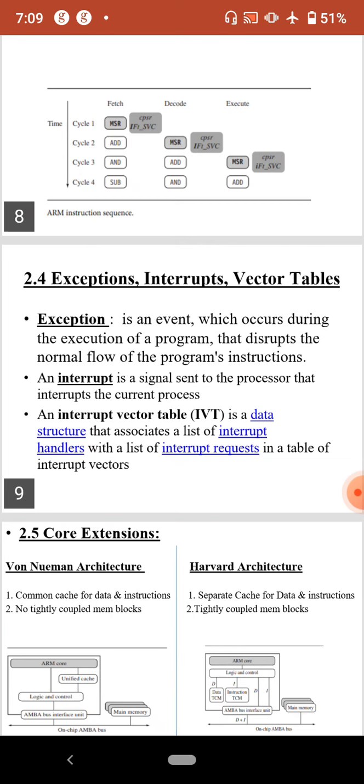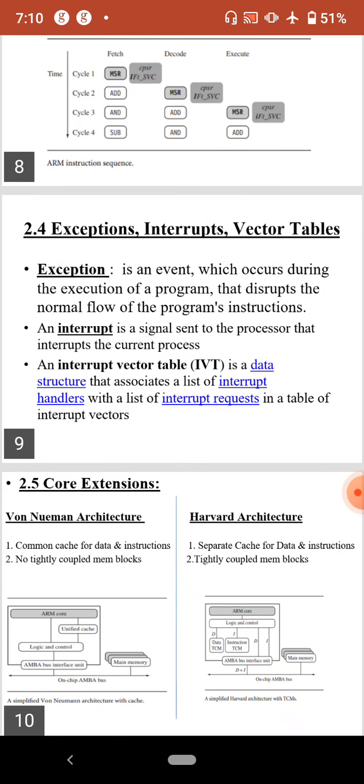Let me explain with an example. There is an event, some function. What one person should do, what another person should do, when he has to start his work, when he has to end his work, is arranged properly. That final arrangement is what makes the function successful. In that way, the interrupt vector table is also a collection of procedures for what has to be done in different scenarios if a particular signal occurs. If that is managed successfully, the whole event will be executed successfully.